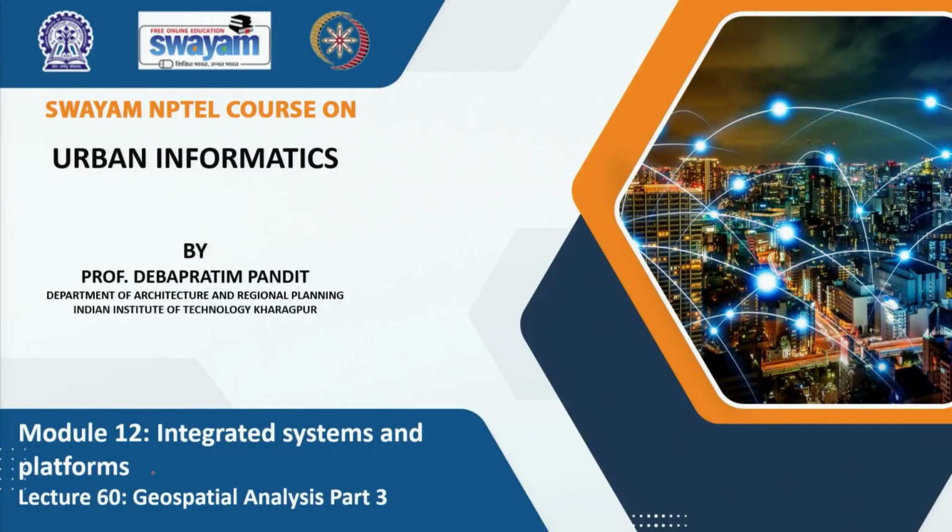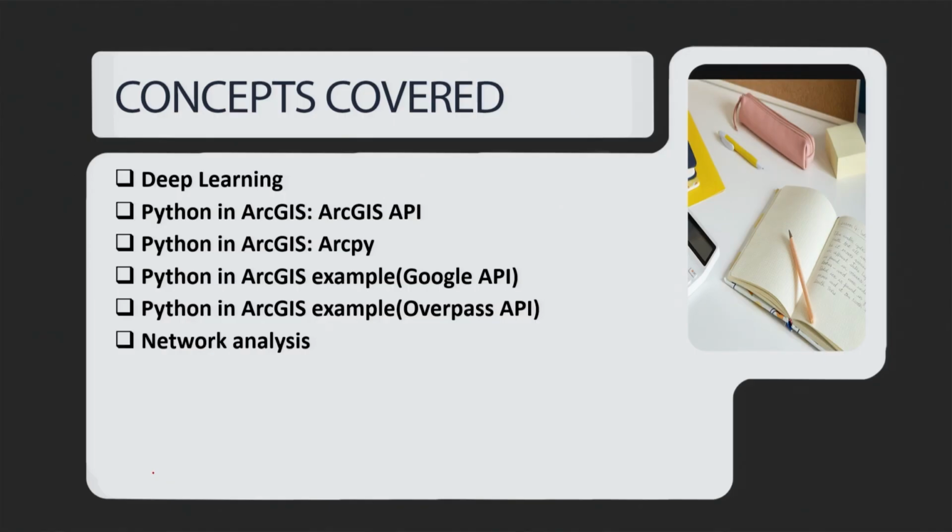Welcome back. This is the final lecture in this particular course. This is lecture 60, Geospatial Analysis, part 3. And in this particular lecture, we will cover different concepts such as deep learning in ArcGIS, of course, then Python in ArcGIS using ArcGIS API, and then again we will look into implementation of Python in ArcGIS using ArcPy, and